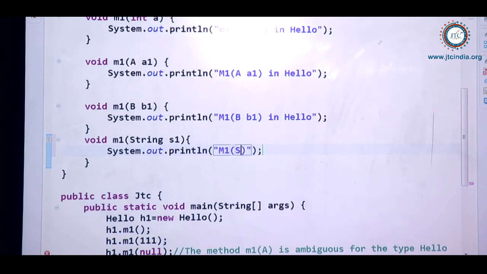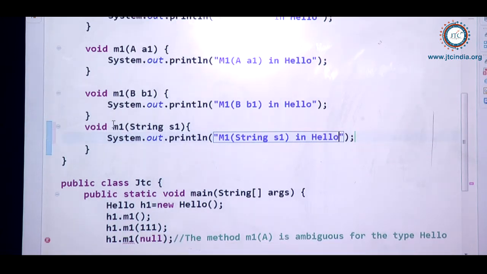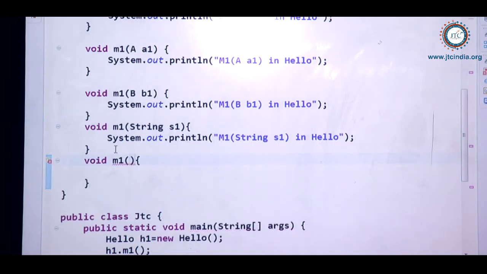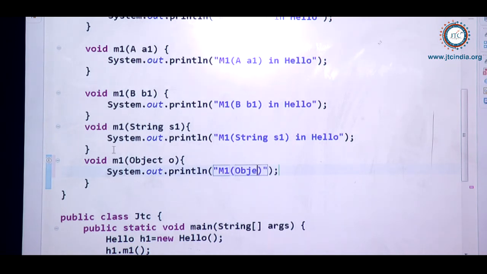M1 of String s1 is inside the Hello class. Now see, here again I am writing void M1, and as we know, the Object class is the superclass for all types of classes in Java. So I am writing here M1 of Object o in the Hello class.